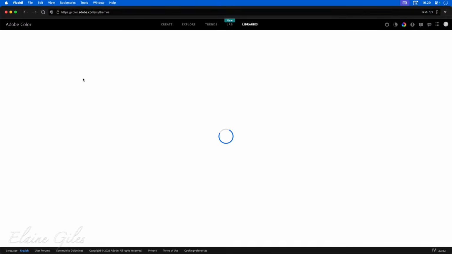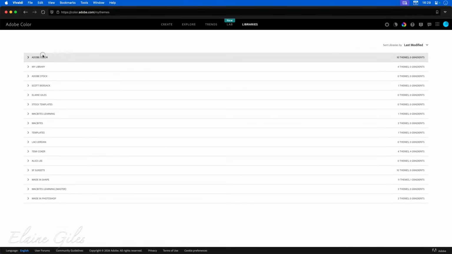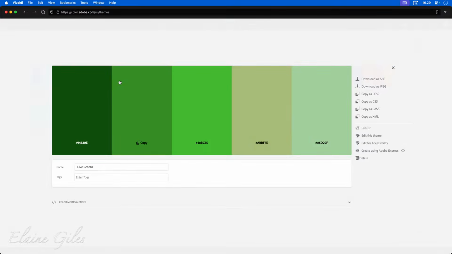I think this might need a refresh. So let's refresh at that end, and there is Live Greens. And there, I didn't know what these hex colours were, but I can actually copy the hex colour from there. Also from here, here's my option to download as an ASE. So if I choose to download that, and we'll go back,